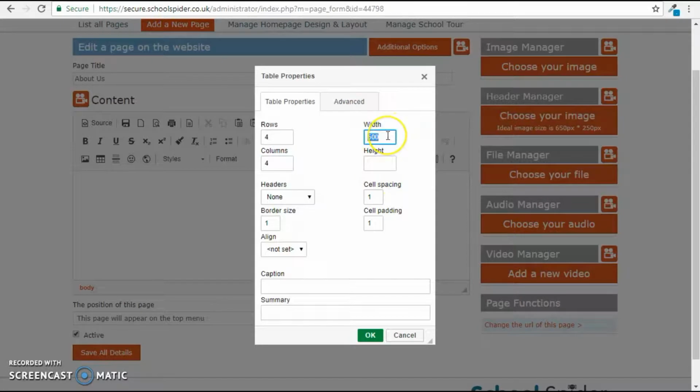For your width, I'd always recommend that you keep this as 100%. This just means that it's going to fill the screen. It's also going to remain responsive. You don't need to worry about the height here. You can enter headers if you want to. Just got a few different options to add headers into the tables, and you can also see here you've got